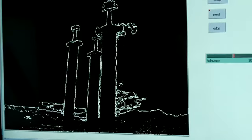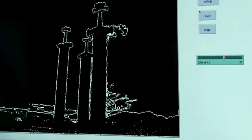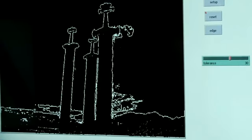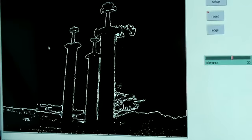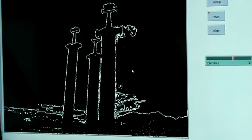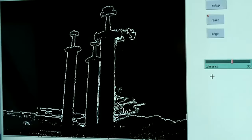So I just pushed this edge button, which is attached to a procedure in the back, and you'll notice everything became one of two colors, right? It became either black or white, and the white portions are the edges, and the black portions are the things deemed not edge-worthy. And notice I can still tell what this image looked like, and I can even pick out the shapes of the swords a lot better. And so